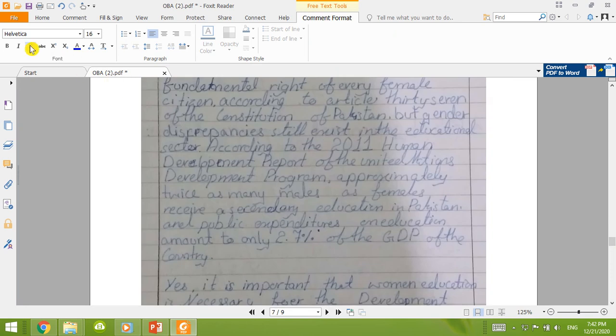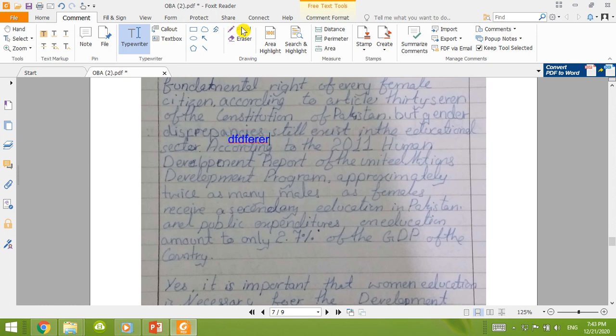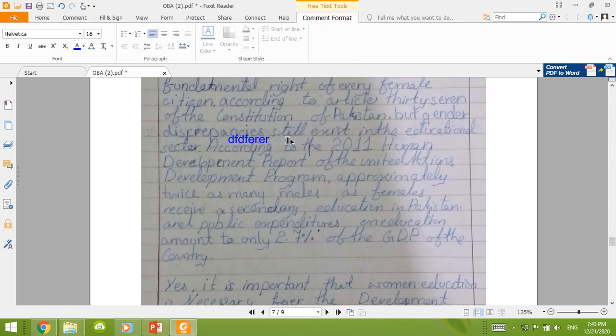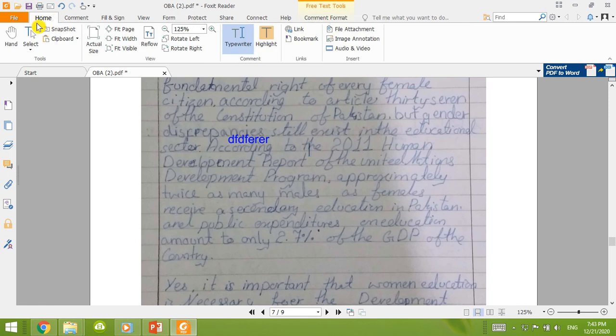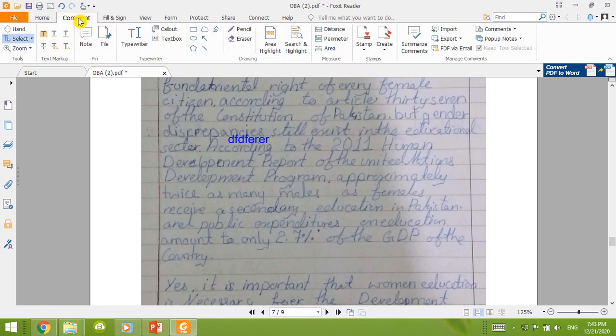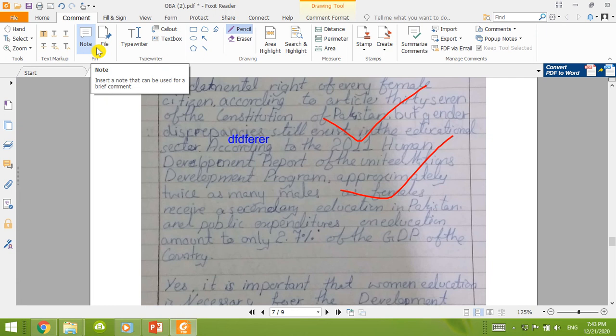After that, you can also underline the text, and you can also change the font of the text. There are so many fonts available, and the alignment as well. You can also align the text which you have written. So here is the text that I have written, and in the comment section you can use pencil or eraser to erase. You can see pencil. So you can also change the color of this with these keys as well. So there are so many options which you can use.